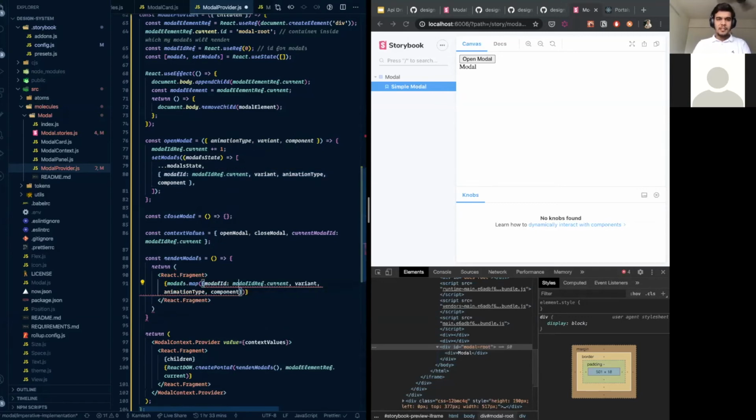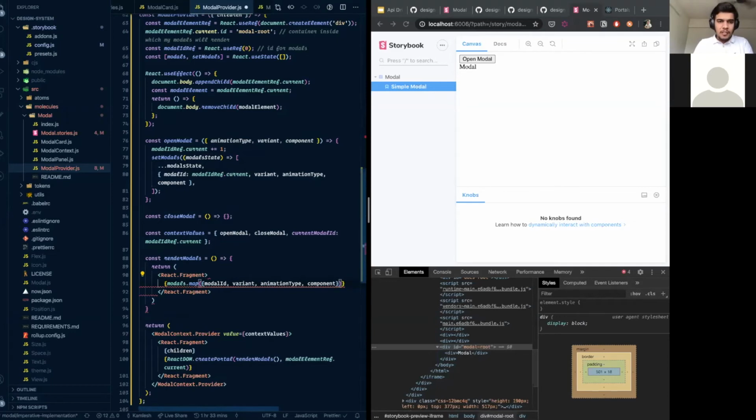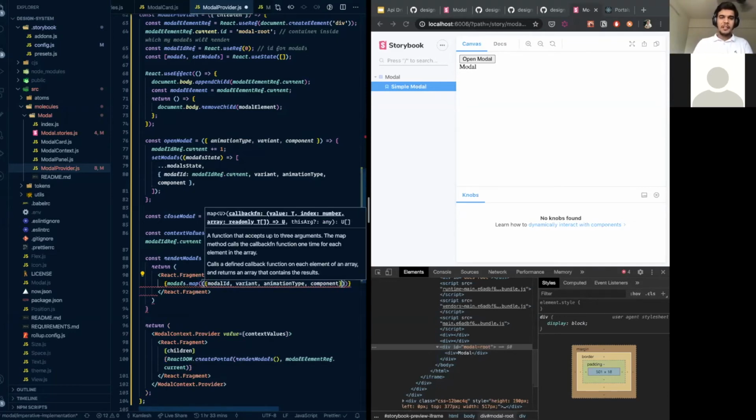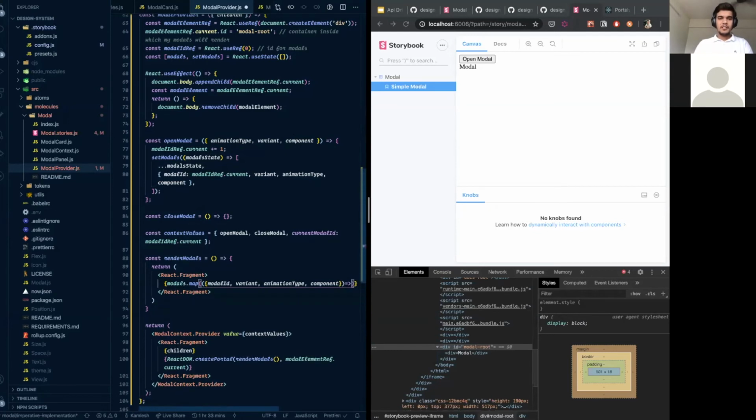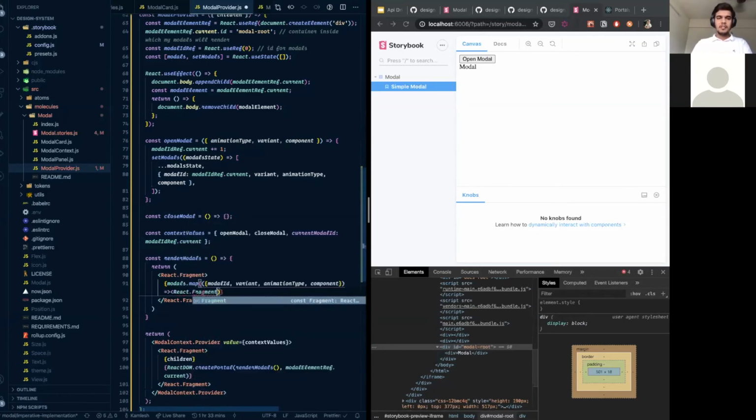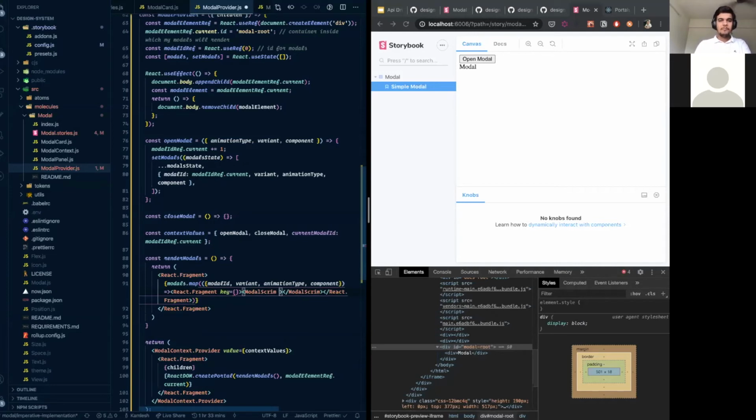I want to render React.Fragment with key, and inside this I'll be rendering my ModalScrim, which will take props: the variant, which is my variant, and animationType, which is my animationType.